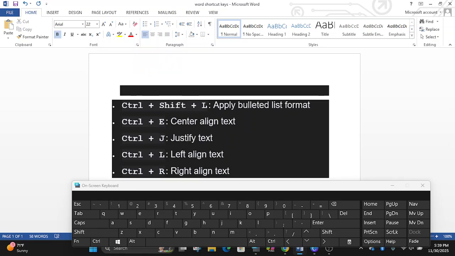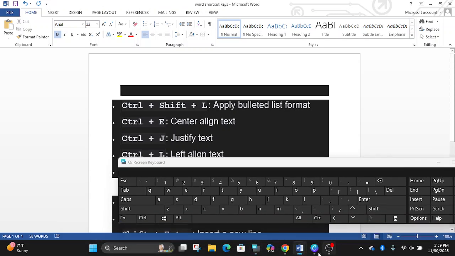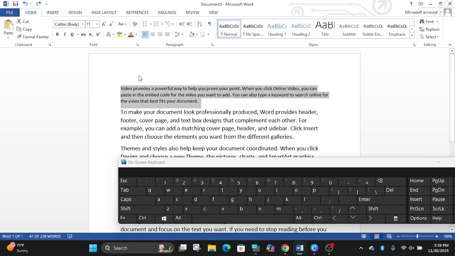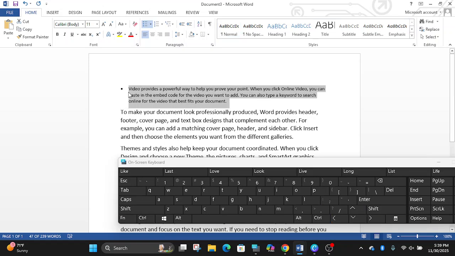You can apply a bulleted list using Control Shift L, letter L. For instance, if you want to apply the list here, Control Shift L. This bulleted list is applied.